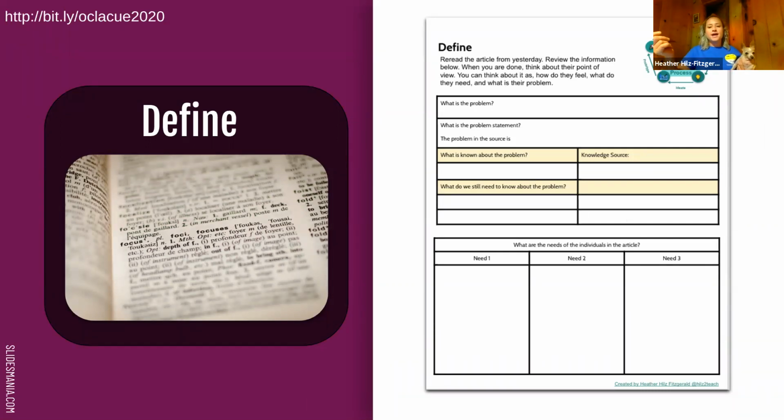Once they go ahead and really hone in on what those problems are, and then decide what are the other things that they're going to need to know about the problem, they can trickle down these ideas and begin to start ideating what the needs are specifically for these